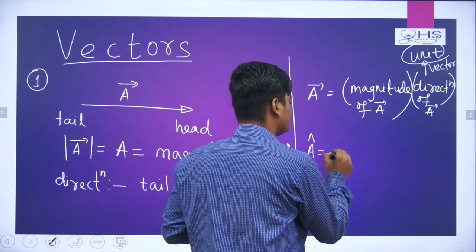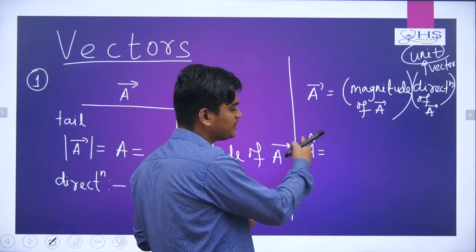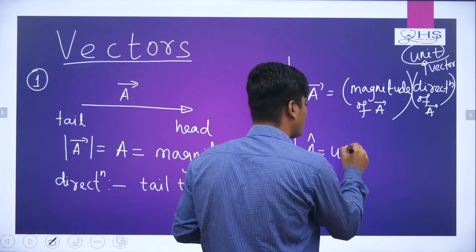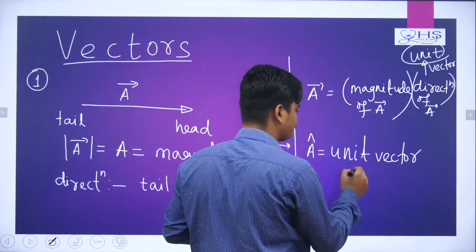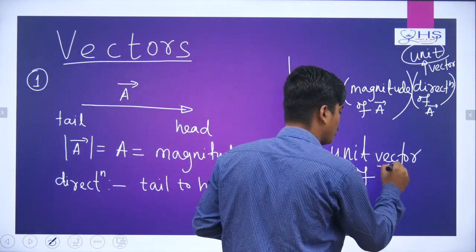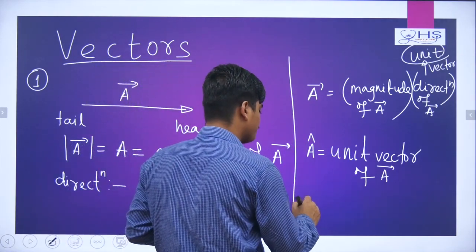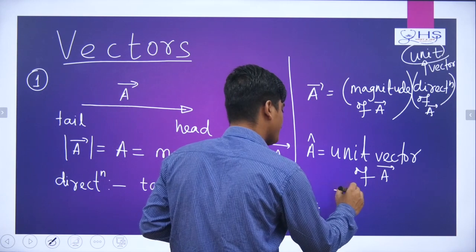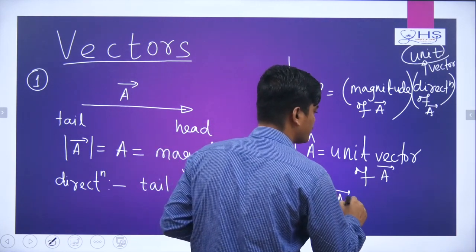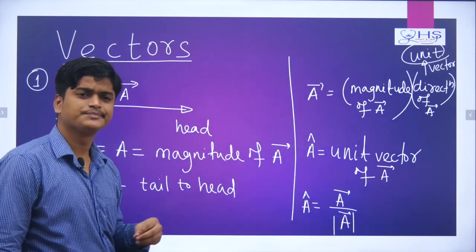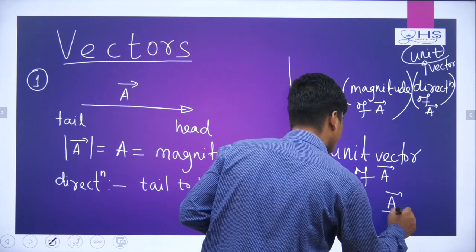So a unity vector means a vector which is having magnitude 1. This unity vector is represented like a cap, and it is called the unity vector of a vector, or you can say the unity vector along a vector. This a cap is nothing but the vector divided by the vector's mod. So this is called the unity vector of a vector or unity vector along a vector. I can also represent the vector by a.